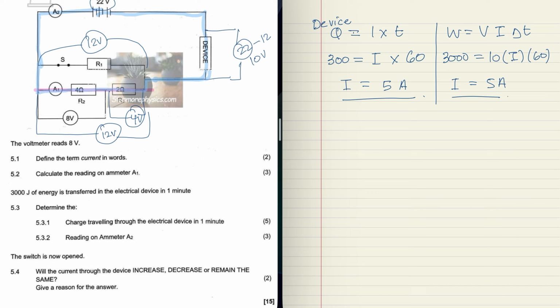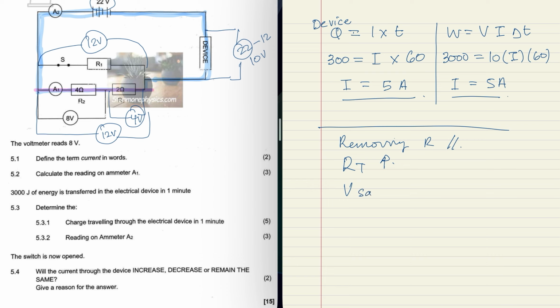Now, what are we essentially doing? We are removing a resistor in parallel. Now, when you remove a resistor in parallel, the total resistance increases. Since voltage is the same, and you know the formula V is equal to I times R, if resistance increases when voltage is the same, it means that